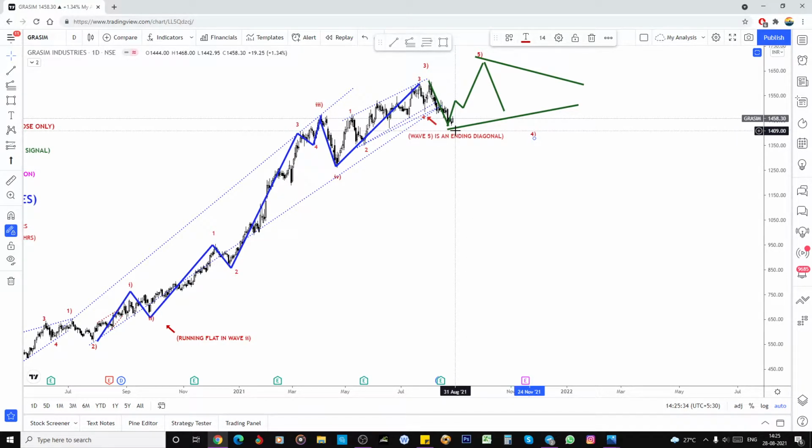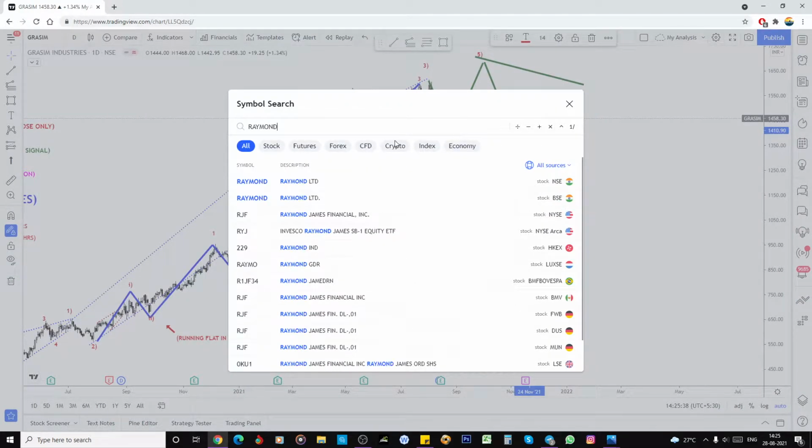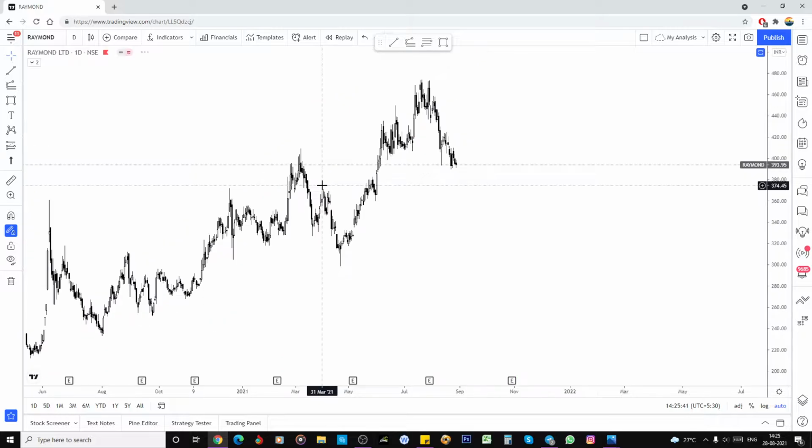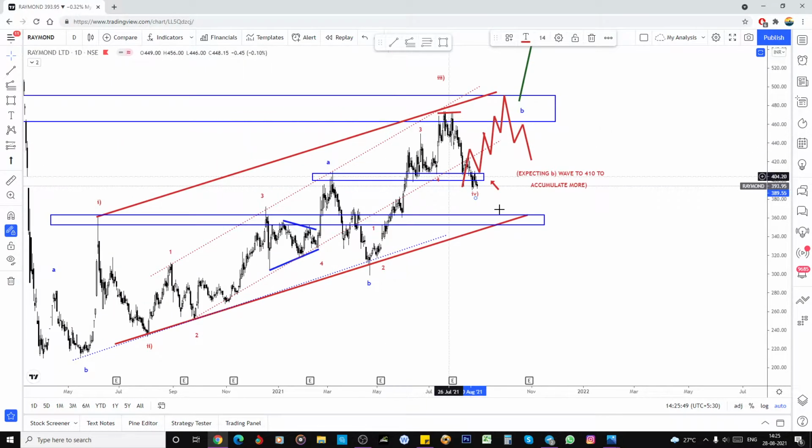So next is Raymond. What we expected, it already did in the Raymond, that 4th wave, as I said, from this zone. So now this is the end of the 4th wave, and it is going to make a 5th wave, or again there will be a consolidation, and again one more low is also possible, because I took this as